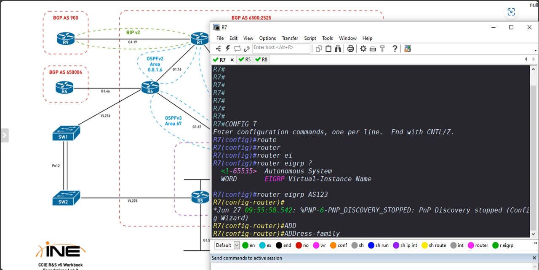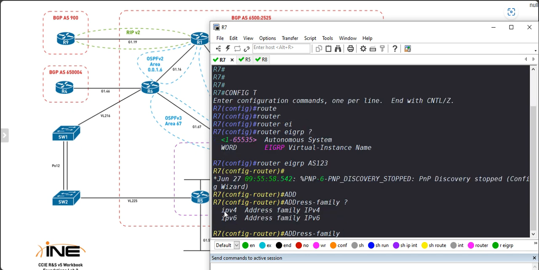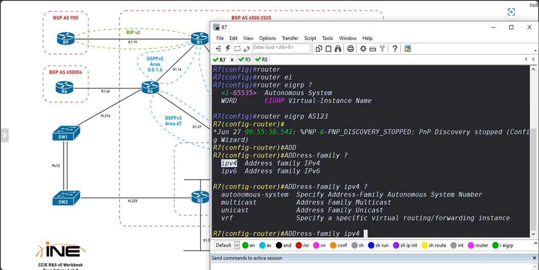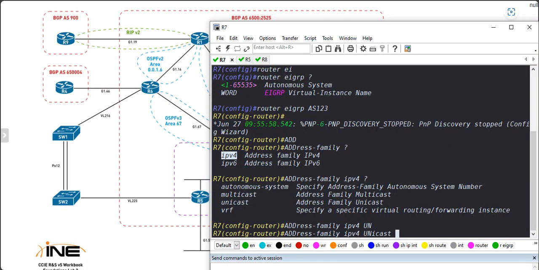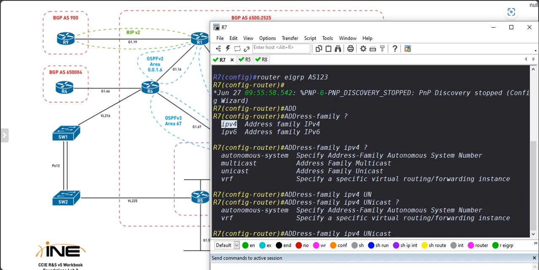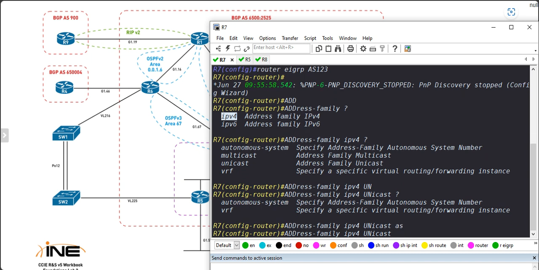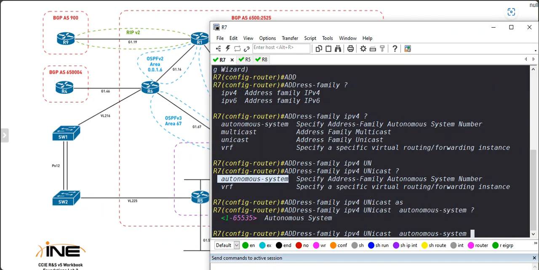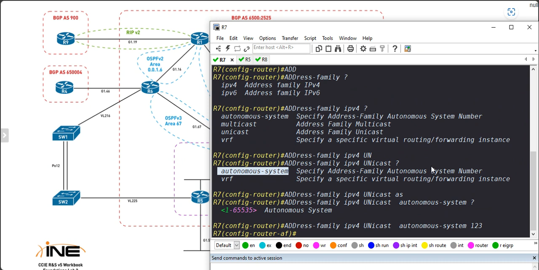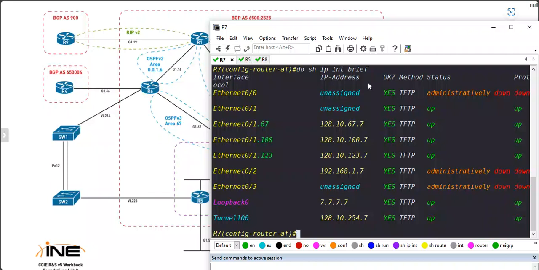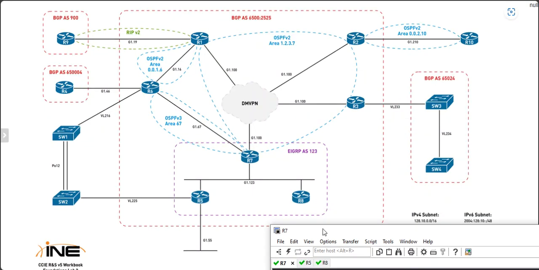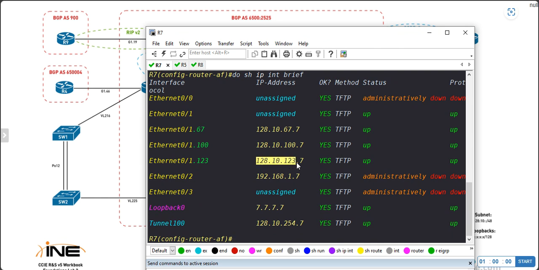Then I will go to address-family. There are two address families. One is IPv4 unicast. Then I have autonomous-system, and here I specify the AS number. Then I have this physical address, which is this one, into our EIGRP network. The network is